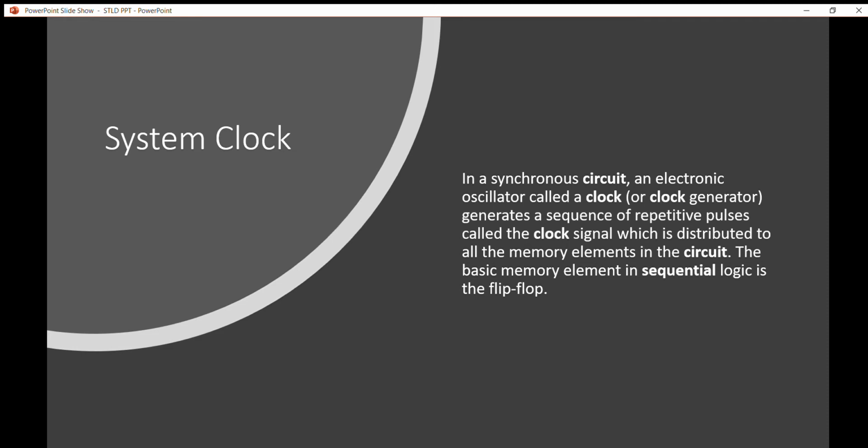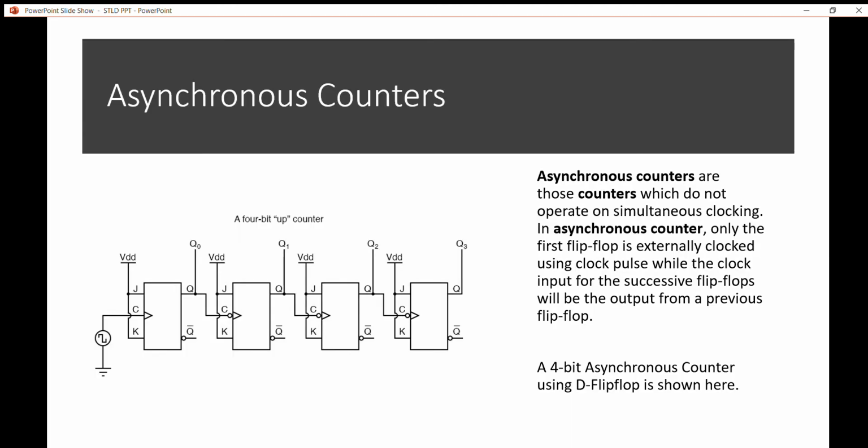Now let's talk about asynchronous counters. Asynchronous counters are also known as ripple counters. Here, the external clock pulse is not fed simultaneously to all the flip-flops. As we can see in the circuit diagram shown here, the external clock pulse is fed to the first flip-flop, and then the output of the first flip-flop is connected as a clock pulse to the second flip-flop, and similarly the outputs of all the preceding flip-flops are connected as a clock pulse to the next flip-flops.